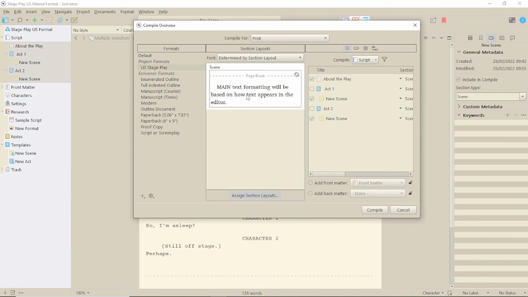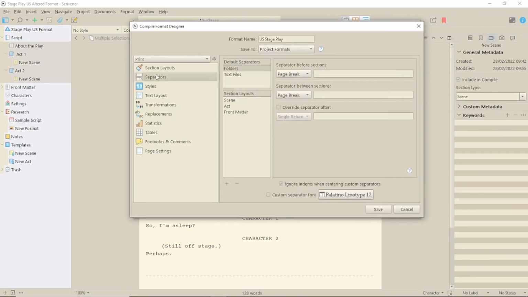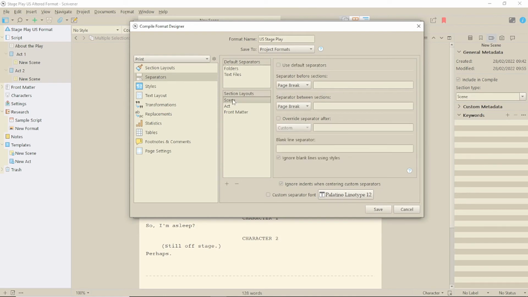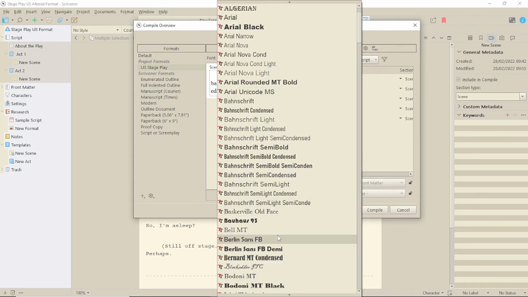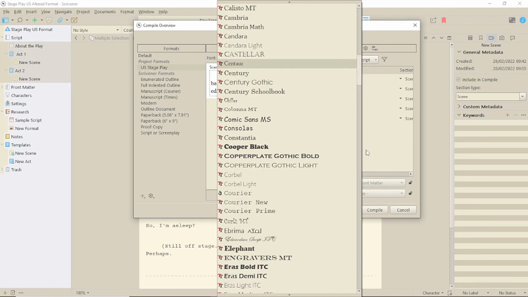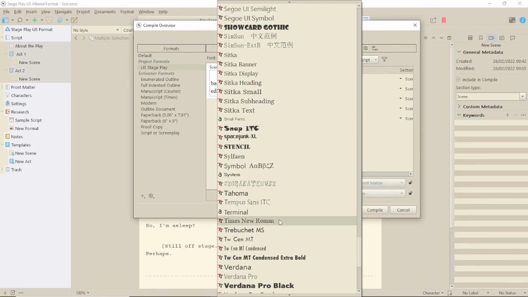Go into the script format by double-clicking on the central panel, or on the format list on the left, and remove page breaks from scenes, which you'll find under the separator option. Remove before and after, and give them single lines instead. If you want to change the font, it looks like the example is in Times, you can do a simple global change above the layout column.